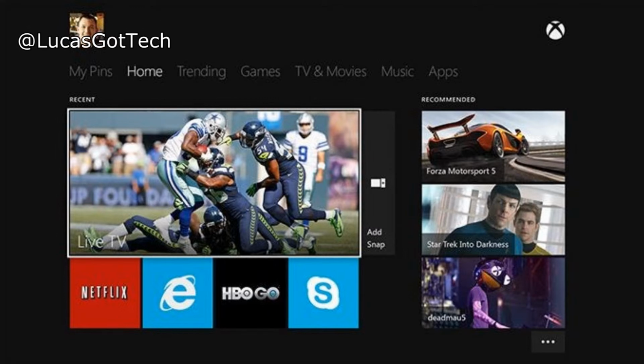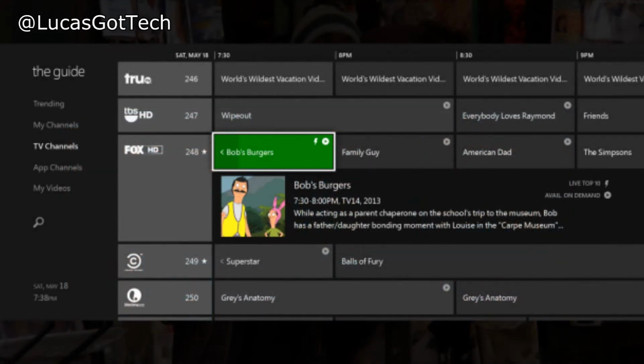Like if you want to pin Netflix, because it's kind of hard to get to, you don't want to go all the way to video and then find Netflix, you can just pin that straight to your home screen and open it up right from there. It's really cool because that means you can now customize your home screen. You can drag things and place things anywhere at all that you want. It's completely customizable. It's your home screen, just like Windows 8.